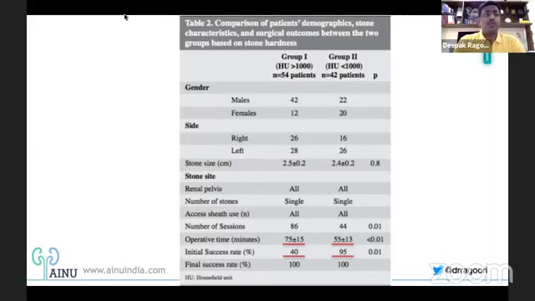If you can see these two groups, patients having stones more than 1,000 Hounsfield units and the other group having stones less than 1,000, there's a significant, a clear-cut demarcation. If you see the ones I've marked with red, significantly the operative time is more in the harder stones, with a success rate which is quite comparably less when you compare with softer stones. But I guess there are papers coming now which will actually negate the same data, with better lasers and more efficient scopes.